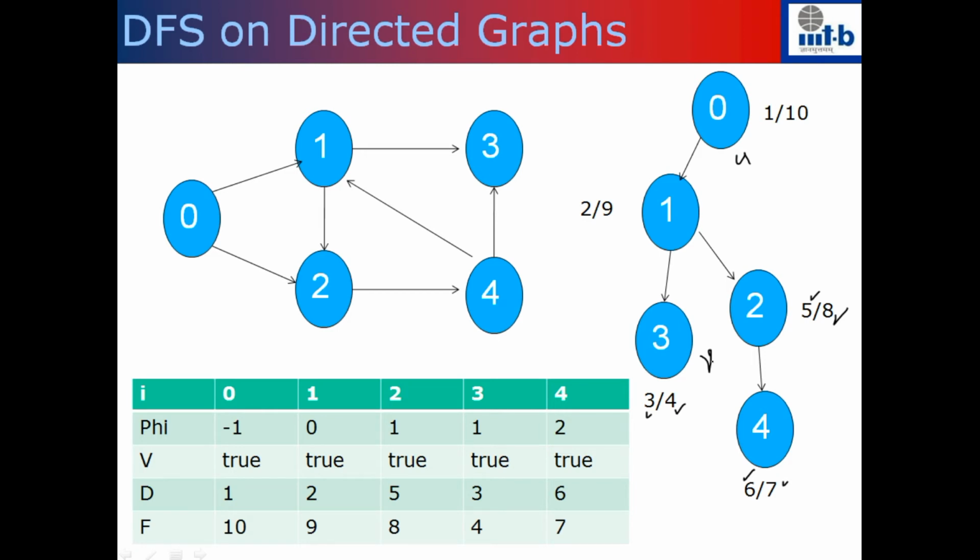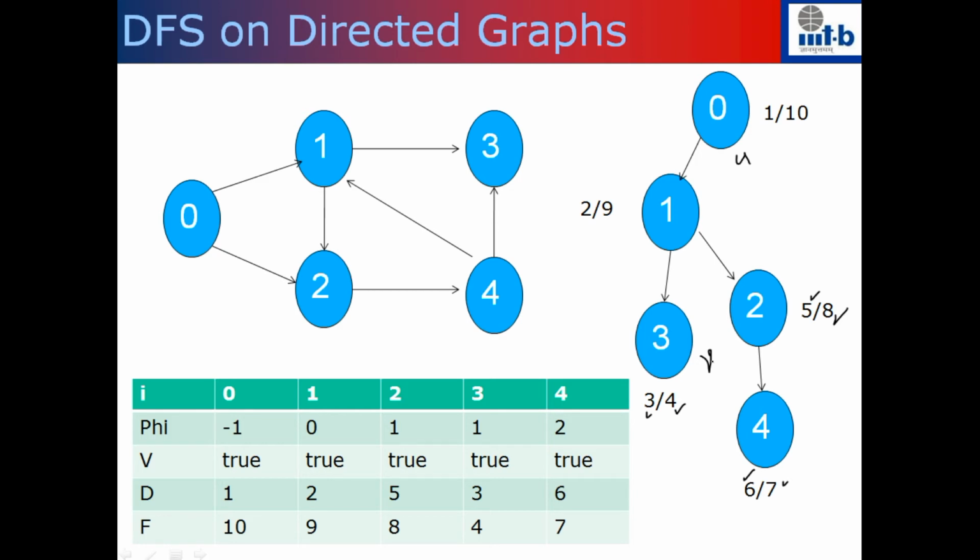Okay, so when I give you two vertices in the DFS tree, either one is the ancestor of the other one, or they are in two different subtrees. If one is an ancestor of the other one, it's easy to see that one interval is sitting inside the other interval, the ancestor's interval. And if two nodes are in two different subtrees, then those two intervals will be disjoint. So given any two nodes,